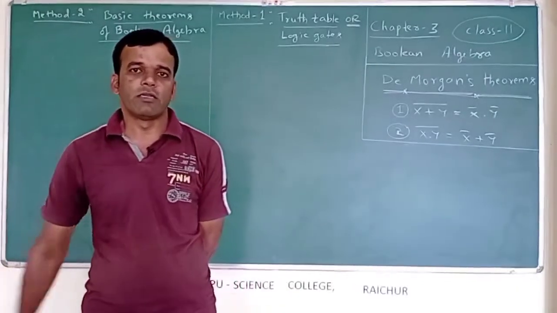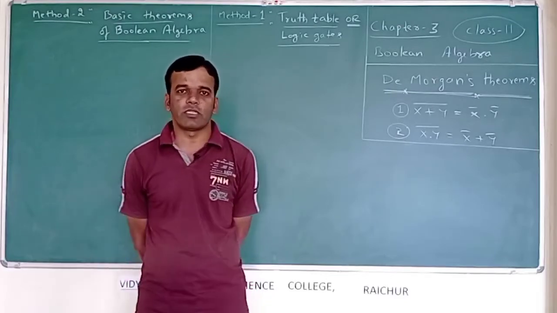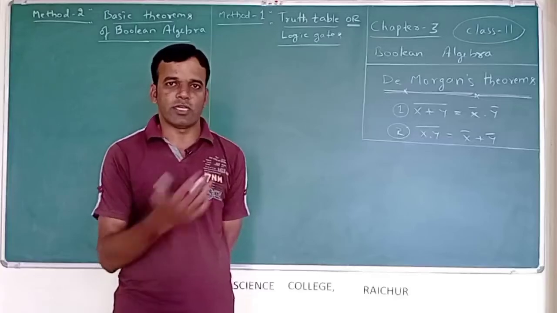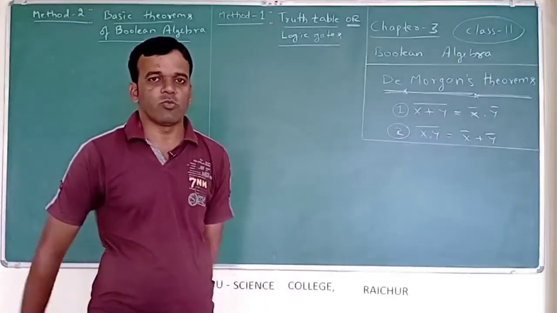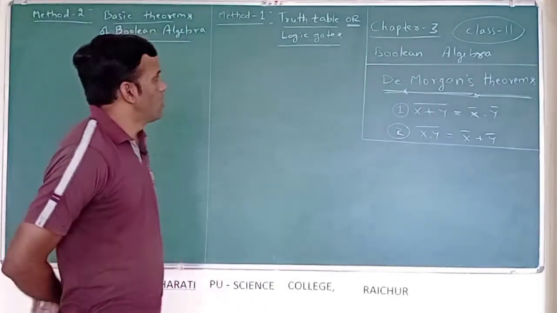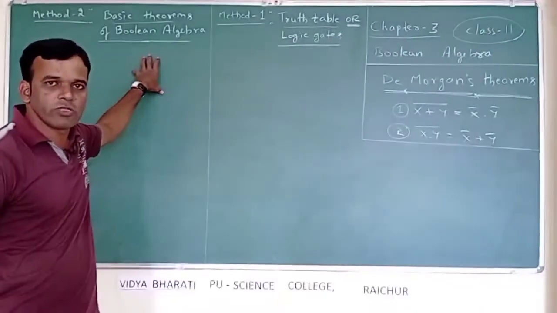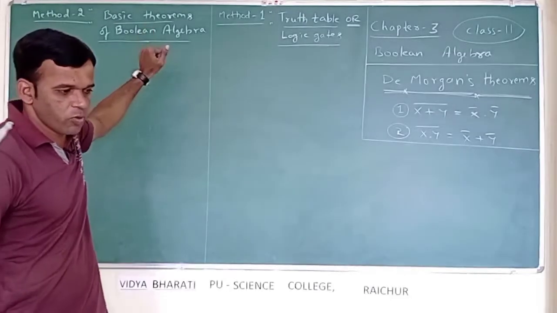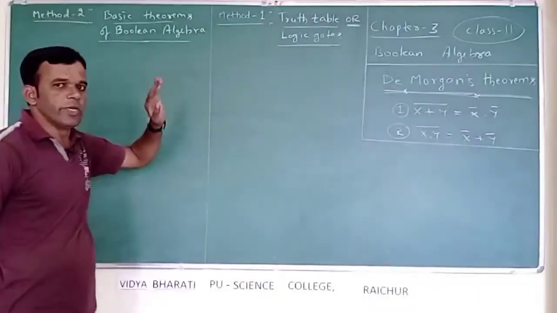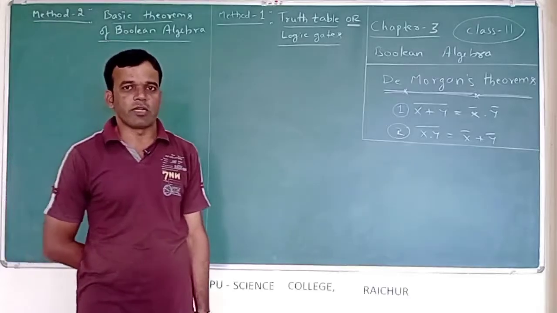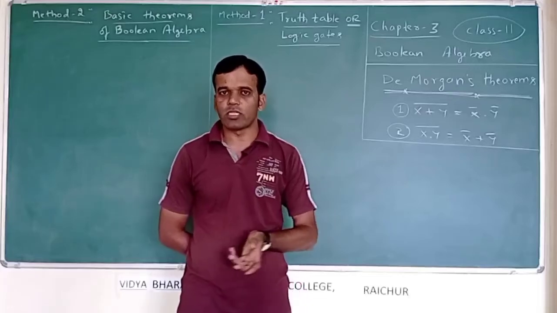We know the 18 theorems are there in the basic theorems of Boolean algebra. So, we will use those 18 basic theorems, whichever is useful here to solve these two theorems. So, these two again, as I said, we can consider as Boolean algebra theorems. Here this is the one where we are using the truth table, the logic gates. This is the one where we are not using the truth table. So, without using the truth table, we are proving the De Morgan's theorems using the basic theorems of Boolean algebra.